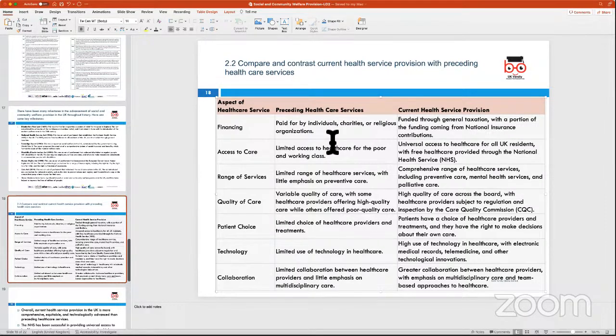And that can be done by looking at heads like financing. Does the government allocate funds today for community provision? Do the councils get money to be able to provide health and social care services? If you look at your council tax bill, I don't know how many of you have looked at yours. Most of you would have been receiving the bills now, for the year in the month of April. You would generally see a part of your council tax bill broken down into a pie chart on the associated booklet that you get. And that booklet shows you the breakup of how the council is using money to provide for some of these services,